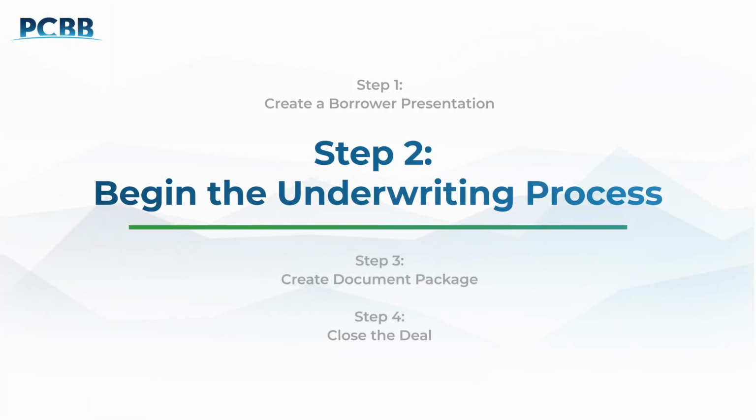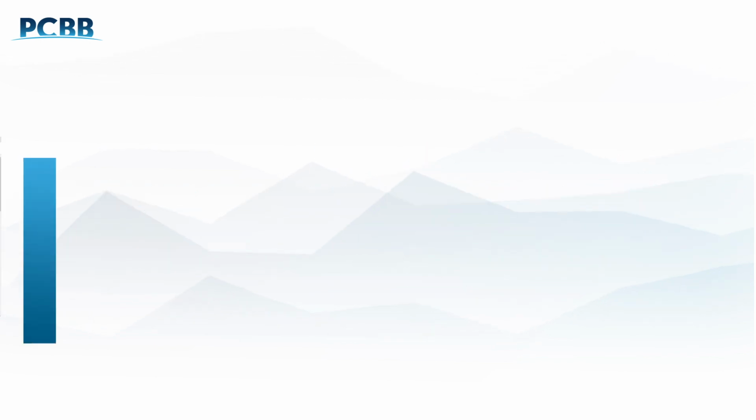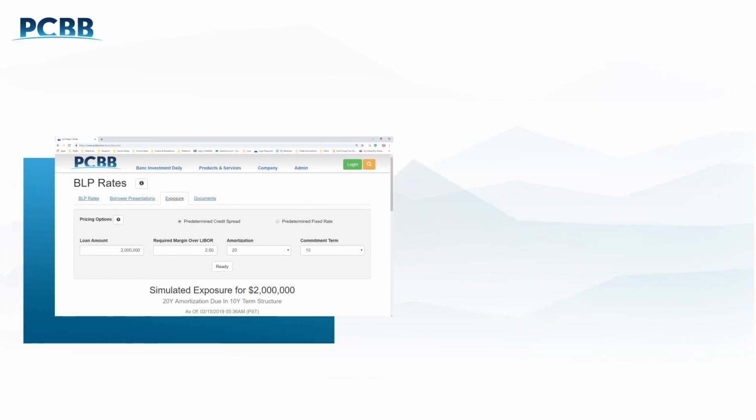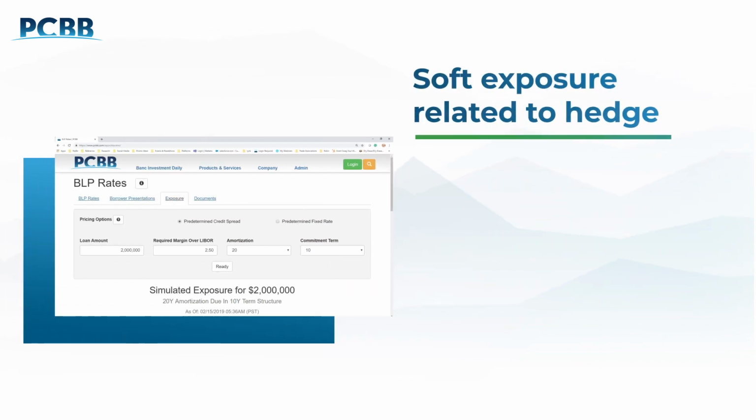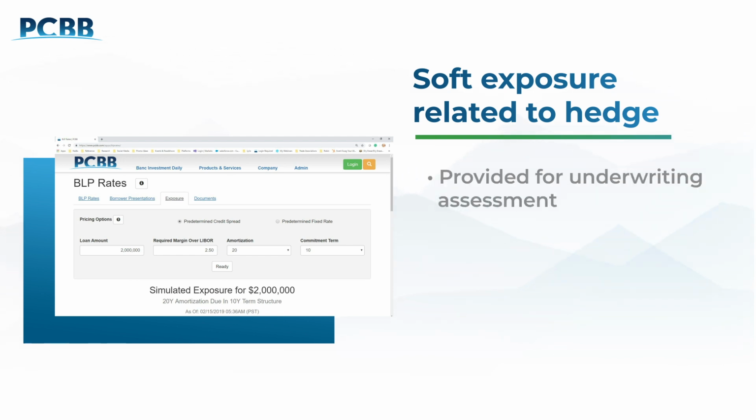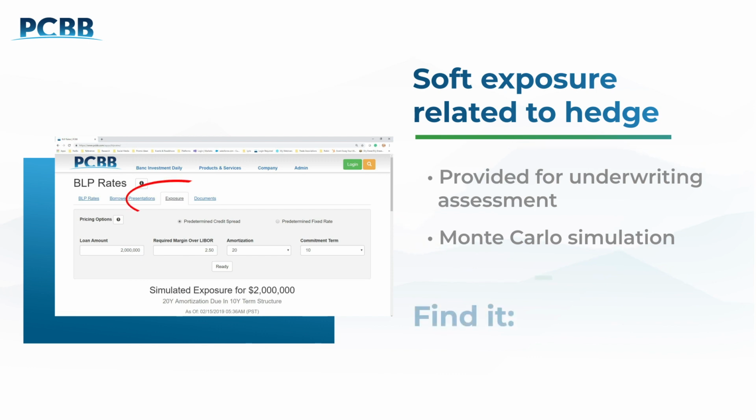Once you and your borrower have agreed to move forward with a BLP transaction, the next step is to begin the underwriting process. One item that you should consider in your underwriting process is the soft exposure related to the hedge. This can be included as a footnote to your standard LTV assessment in the credit memo. The exposure is based on a Monte Carlo simulation and is provided by PCBB in the BLP portal in the